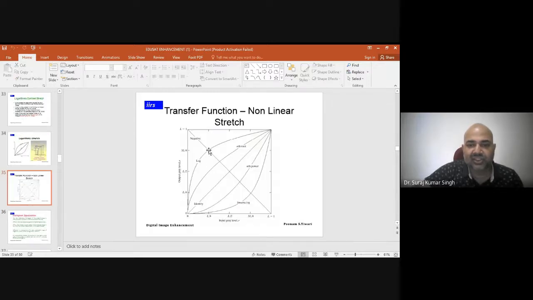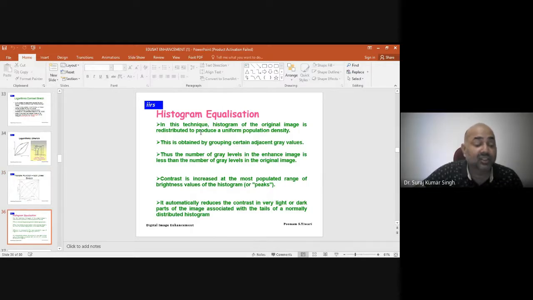So the same thing happens in non-linear stretch, which is also known as transform functions, where the most popular enhancement technique that is used is known as histogram equalization. This is the most popular. In this technique, the histogram of the original image is redistributed to produce a uniform population density. Right now, if you see that the histogram will be